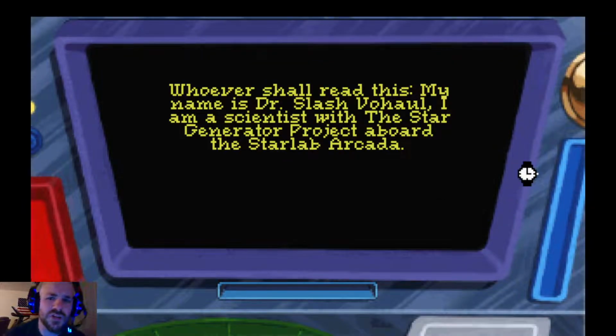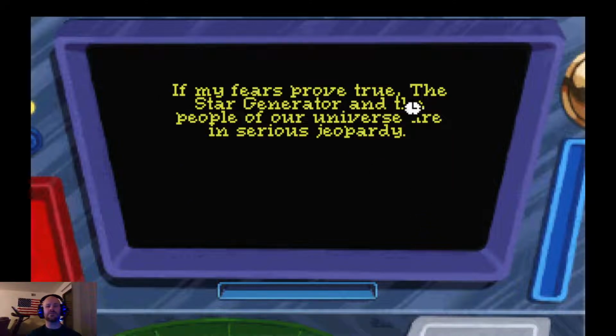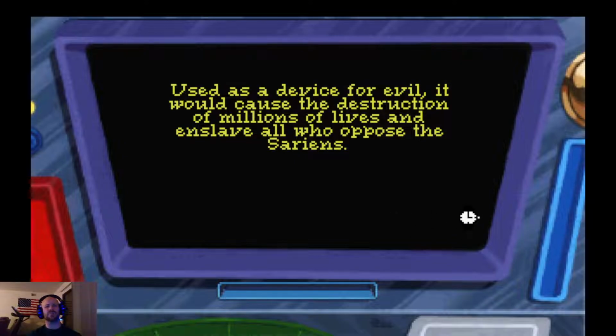Loading. Whoever shall read this, my name is Dr. Slash Vohall. I am a scientist with the Star Generator Project aboard the Star Lab Arcada. We have just successfully completed development and testing of the Star Generator. During this time, I have come to believe that our progress has been monitored by others. I fear that the Sarians may have learned of our mission. If my fears prove true, the Star Generator and the people of our universe are in serious jeopardy. The Star Generator is a miraculous device. Used as intended, it will help preserve life for eons to come. Used as a device for evil, it will cause the destruction of millions of lives and enslave all who oppose